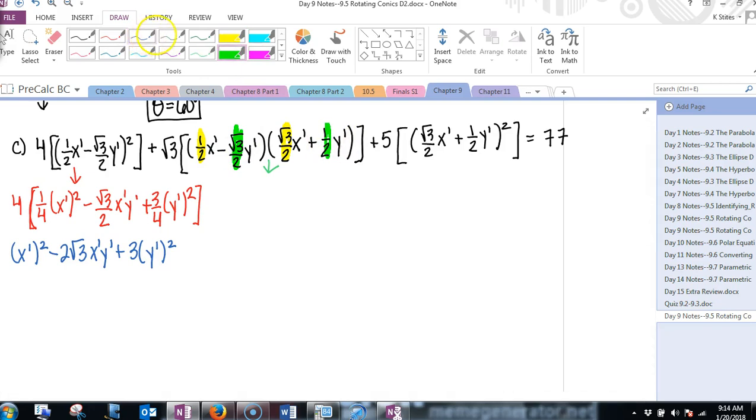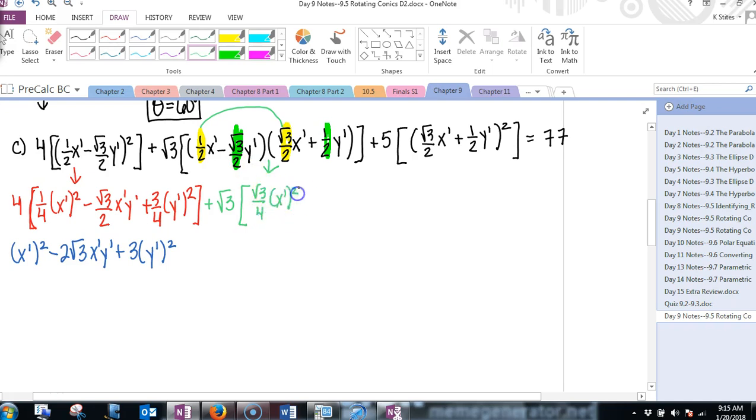You just have to FOIL this like usual. So that means you have a plus root 3. Okay, and then you've got 1/2 times root 3 over 2, and that is root 3 over 4